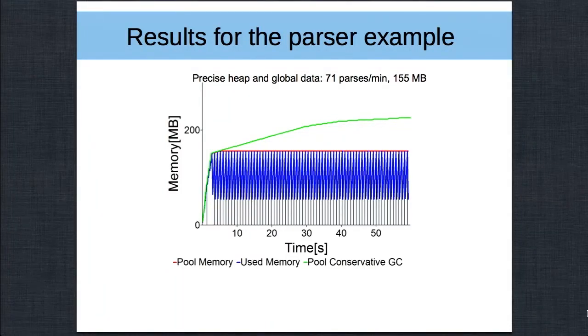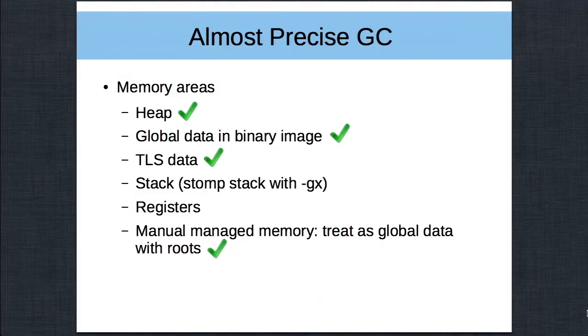So if we do this, we get this result. Again, the conservative garbage collector, and now we have almost the same flat line as a manual collection. It's only 1 megabyte more of pool memory used here. So it's almost precise. We have covered the heap. We have the global data in the binary image and the thread local storage data covered. And the stack is kind of a problem because it's hard to describe pointers on the stack